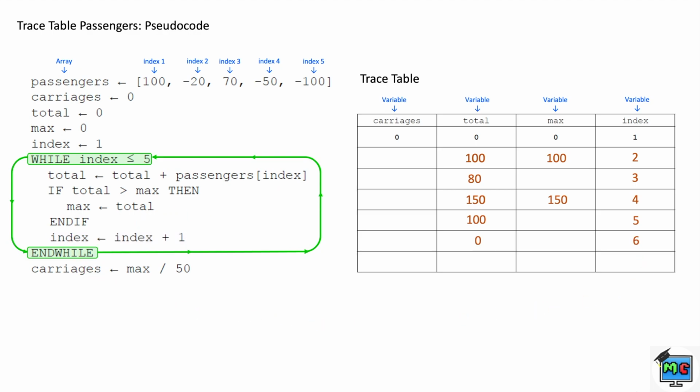Then you go back and check. While index is less than or equal to 5. Is it less than or equal to 5? No, it's not. So skip the whole entire while loop. Come to here. Carriages is assigned to max divided by 50. So what's max? 150 divided by 50. 150 divided by 50 is